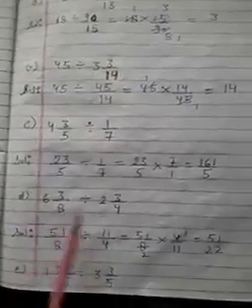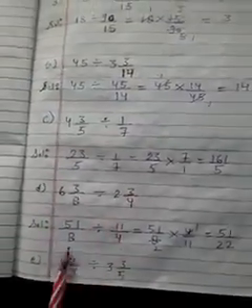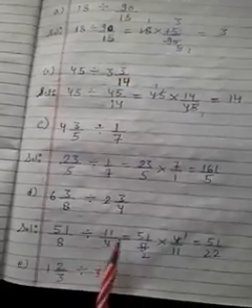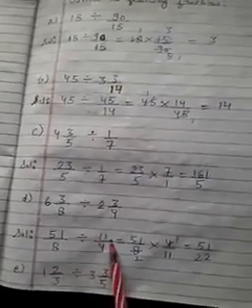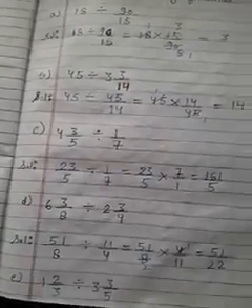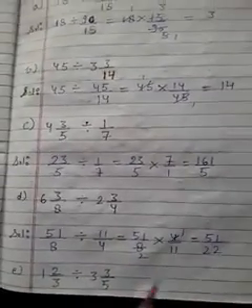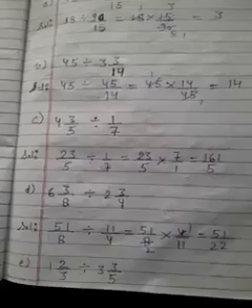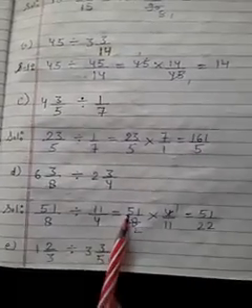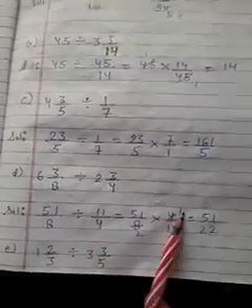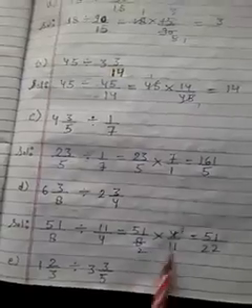So now you are seeing both fractions are mixed. So first of all change them. Now change the divide sign into a multiplication sign and take the reciprocal of the right side fraction. What is the reciprocal of 11 upon 4? 4 upon 11. Understood? So here cut: 4 ones are 4 and 4 twos are 8. So now you are seeing no number can be cut. So now 51 and 1 are in the numerator, so multiply, and 11 twos are 22.